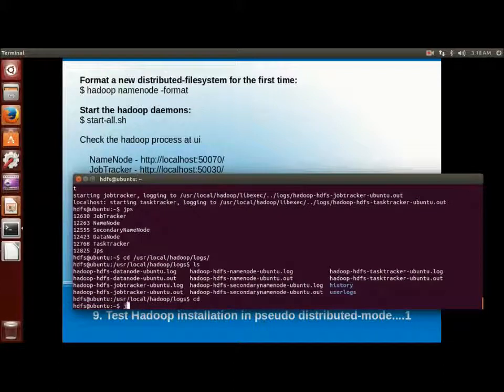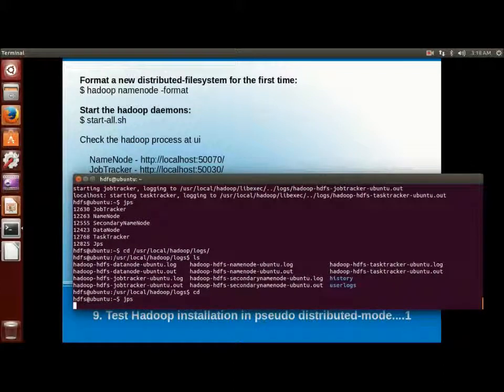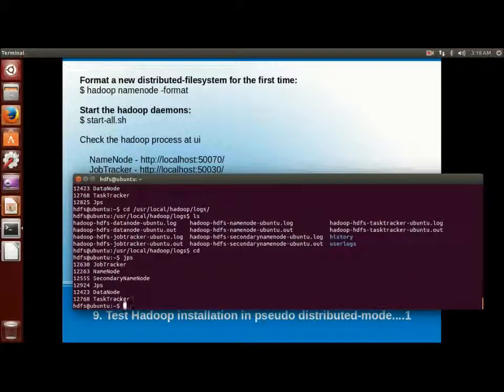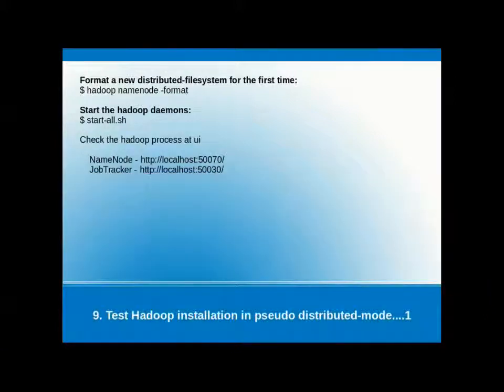Each log file holds all the logs generated by the respective process. So task tracker has a task tracker log and job tracker has a job tracker log. And JPS is a Java process service, which displays all the Java related processes from Hadoop.